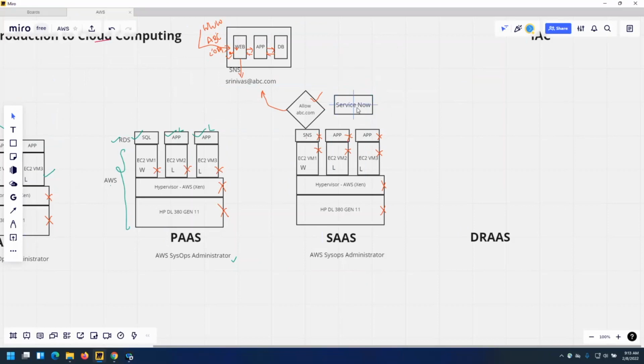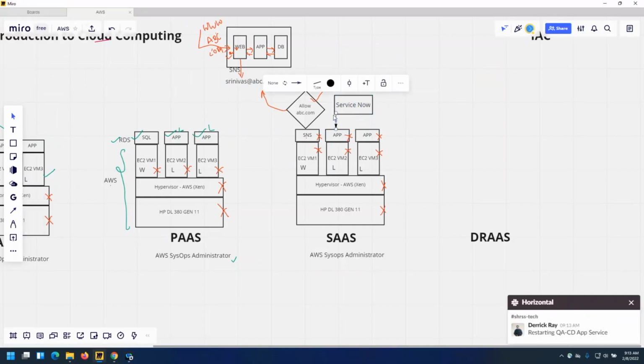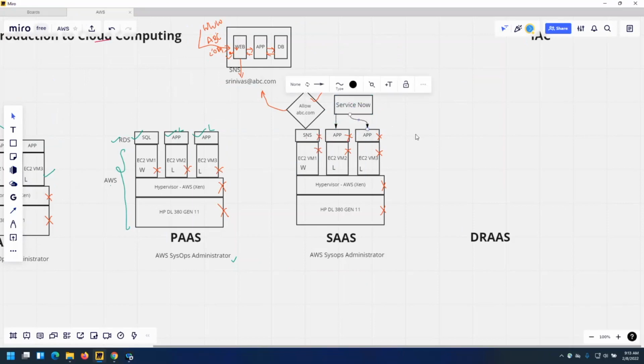The ServiceNow will be deployed on top of this application, and it might talk to your DB and so on. It will interact with all of this. This end product is my goal.